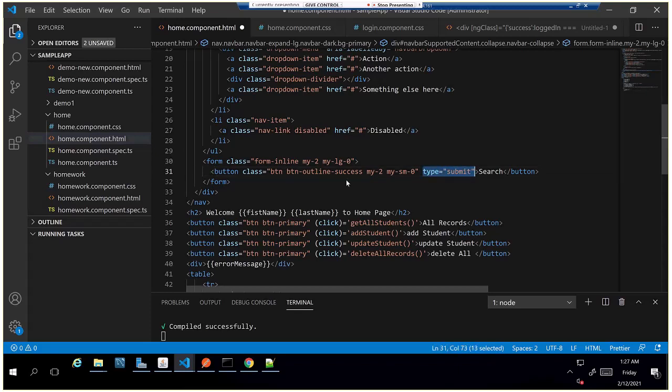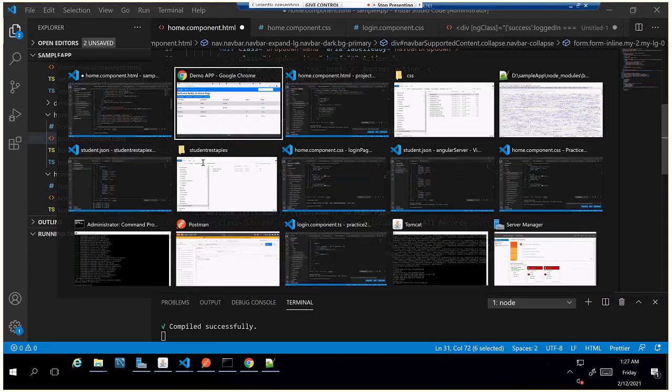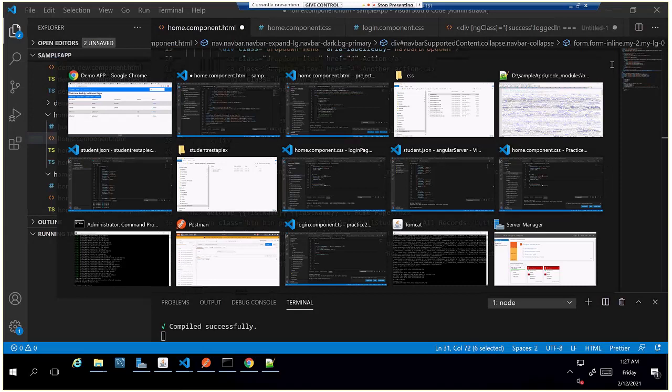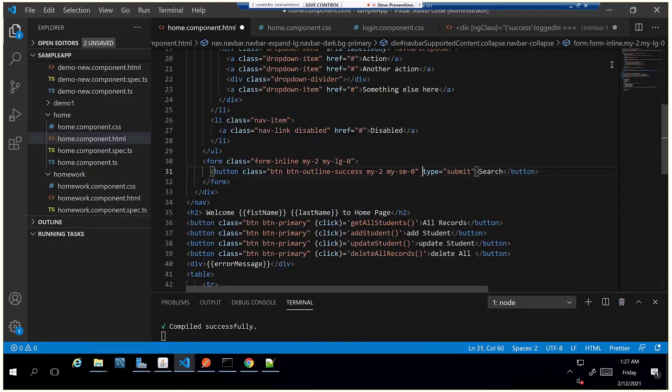Actually, if you specify button type as submit, it will submit this form. In some websites they have search functionality, like I can type something here and click on search. It will search whatever we implement and show the results here. But currently we are removing that functionality. Later we can add it, and I'll change this button to a simple button, and I'll add this. Yeah, do it.